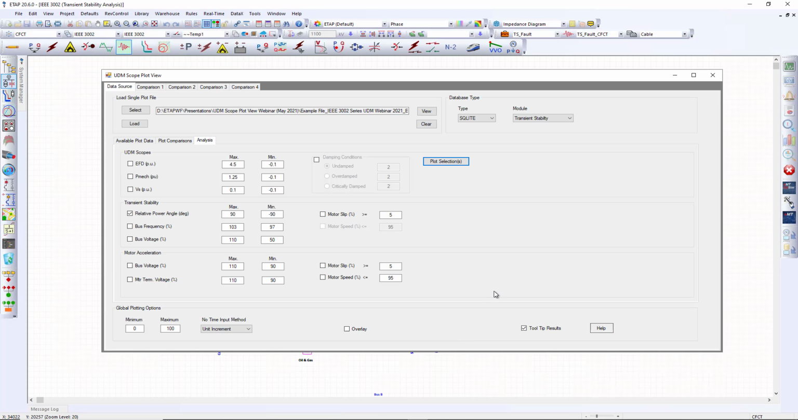Now, after the scenario is run in ETAP, we can simply go back to the UDM scope plot view, and with the same pre-established stability range for the relative power angle, click on plot the selection. Now we receive this message: no plot meets the analysis criteria, which means that for the filter that we have enabled right now, the relative power angle of all our machines is within the stability range